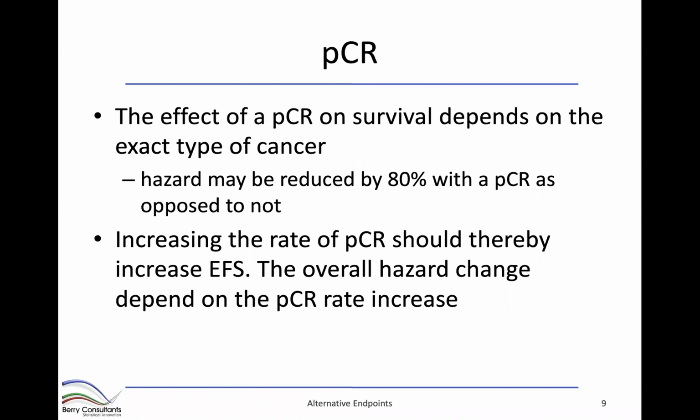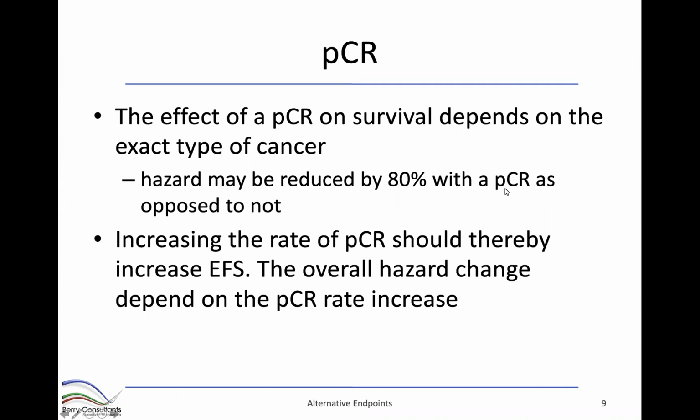An example of how PCR is important: the effect of PCR on survival depends on the exact type of breast cancer, but you do see dramatic effects. For example, the hazard may be reduced by 80% if you have a PCR as opposed to if you don't have a PCR. So given the fact that we have this relationship,